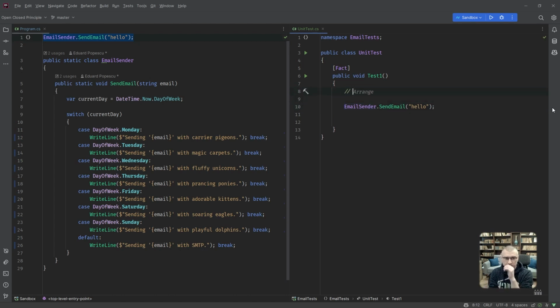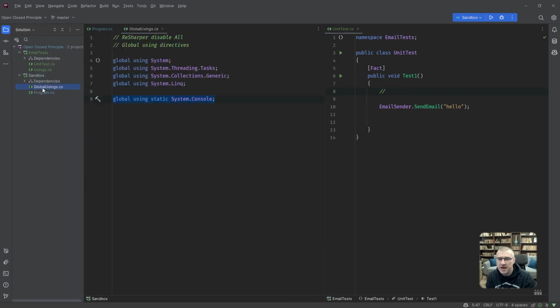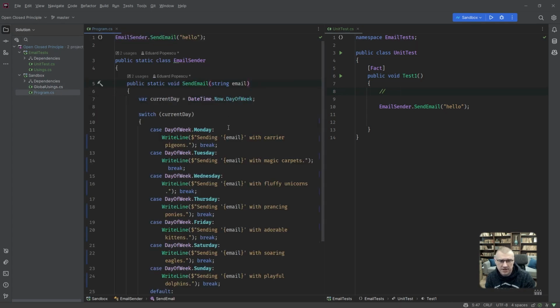What I want to do is, you see, right now, this thing is hard-coded to write to the console. I've got this write line here, which I can do because I have this global usings file in here, which basically injects the system console as a static using. So it's a neat trick in C#.